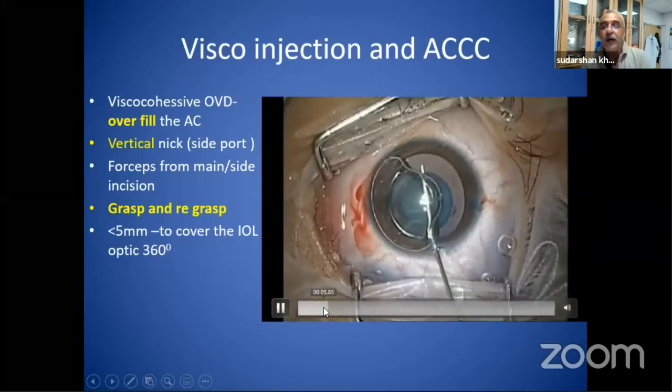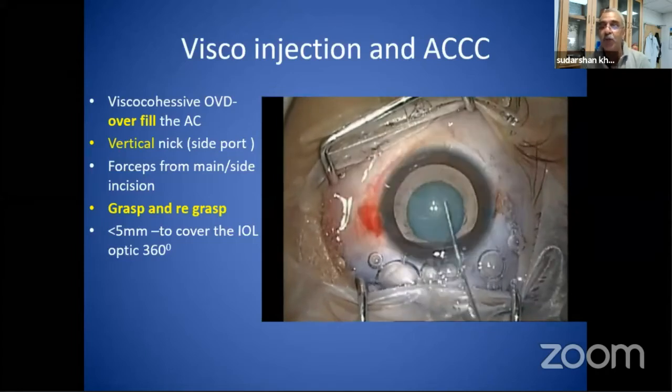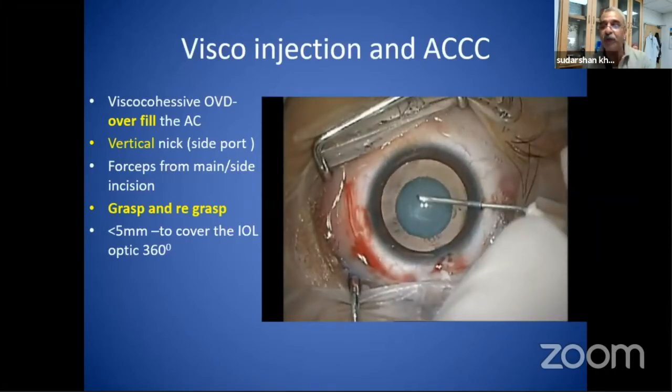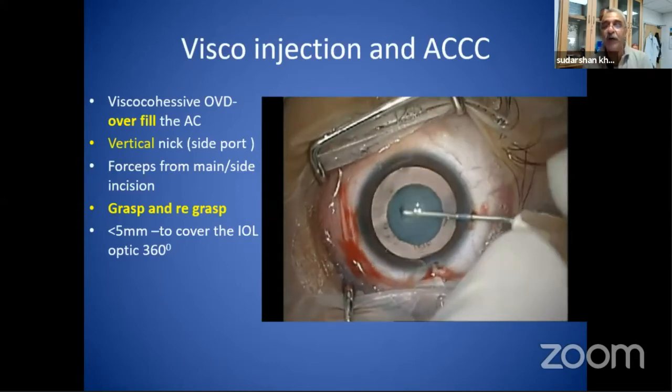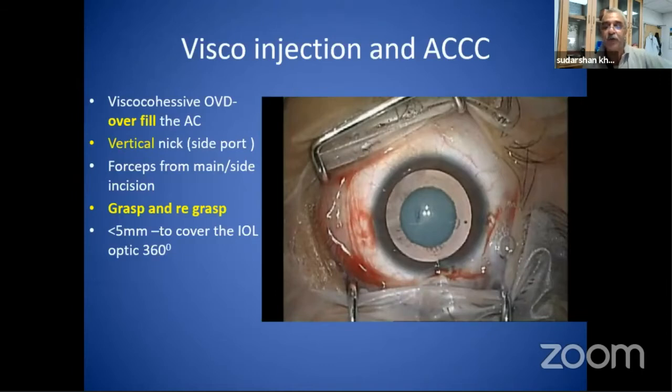Okay, so I'm replacing the entire anterior chamber content out. I don't want a duality of the chamber. I don't want two viscoelastics. I don't want a fluid inside, otherwise it will run off. So you have to have a single refractive index from the middle. So replace the entire thing.